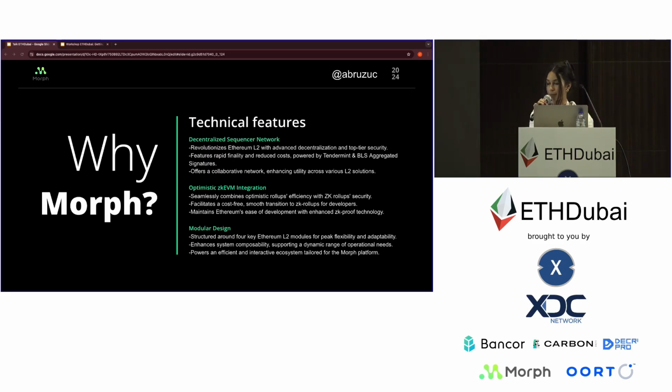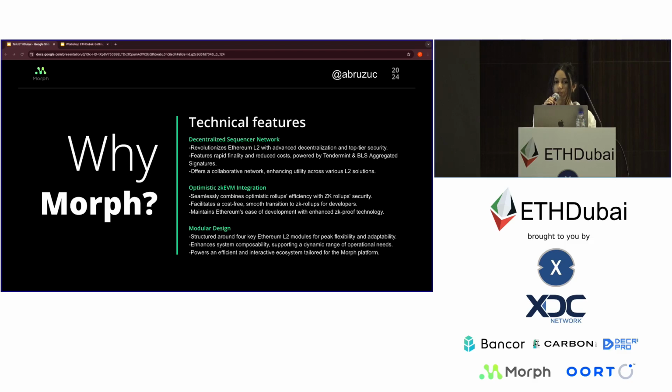So now we are going to talk about the technical features. We have a pretty solid tech stack because we are integrating the decentralized sequencer network, and we are the first and only L2 using decentralized sequencers. We currently have 7 sequencers running on testnet, and basically what that means is the decentralized sequencers are responsible for both consensus and execution of smart contract operations. The sequencer network orchestrates, processes, and achieves consensus on layer 2 transactions.